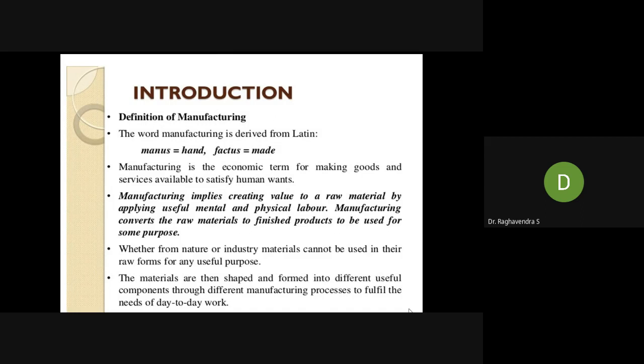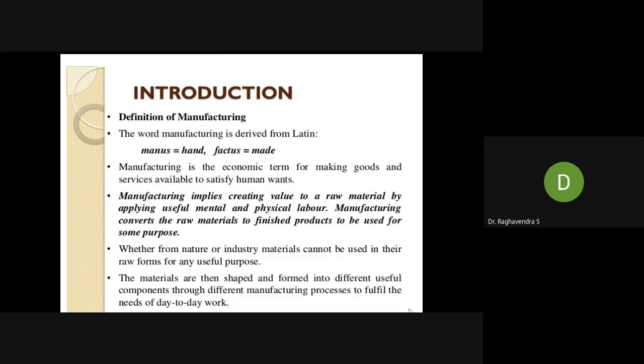There are various manufacturing techniques in mechanical engineering industries. It may be casting, forming, forging, powder metallurgy, 3D printing, whatever it is. Any technique that converts the raw material to a finished product is the manufacturing process.